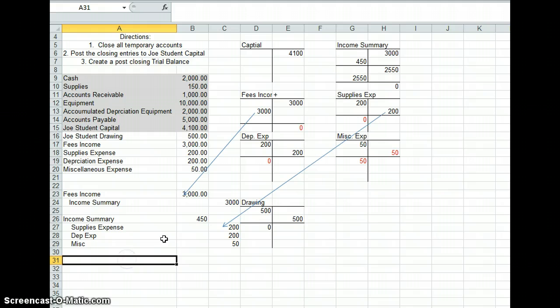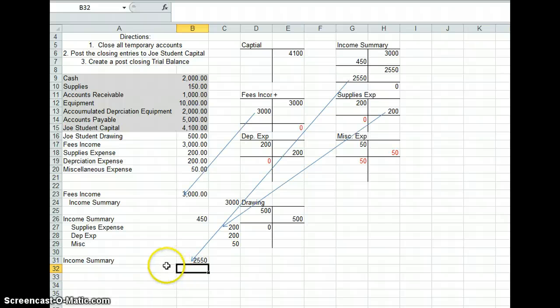I'm going to come down and create my T. Since I have a debit here for income summary, I want to make sure that down here in my journal entry I'm doing the same thing. So I'm going to come right down here and debit income summary. So income summary debit, and that's for $2,550. And my offset is going to be the capital, because remember that this is the expanded fundamental accounting equation that includes revenue and expenses, and then all eventually rolls back up to capital. So I'm going to credit capital for